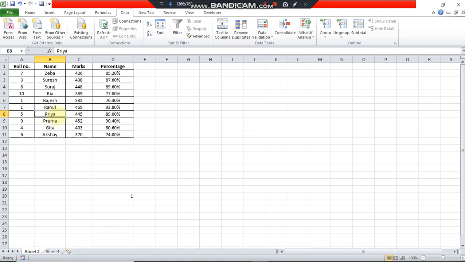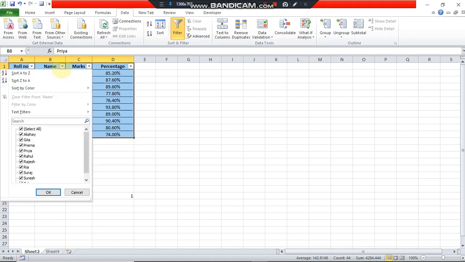First, you're going to select the table and go to the filter option. The filter has been applied. Now for the advanced text filter, we are going to click on this arrow, and this drop down menu appears on the screen. Now we are going to click on text filter. Here multiple options are given. I am going to explain one by one. The first option is equals.